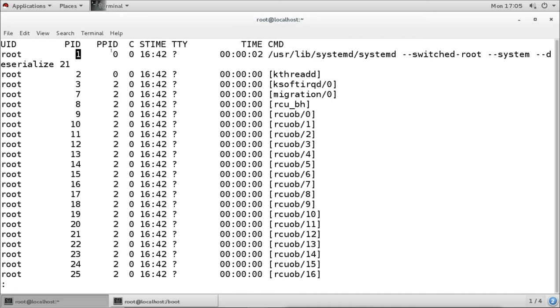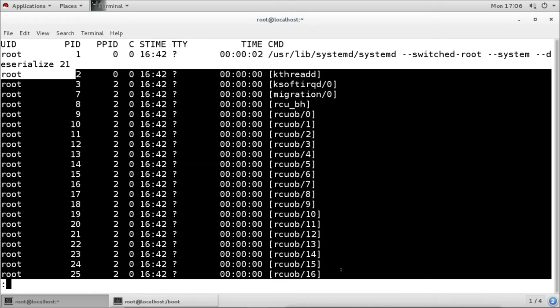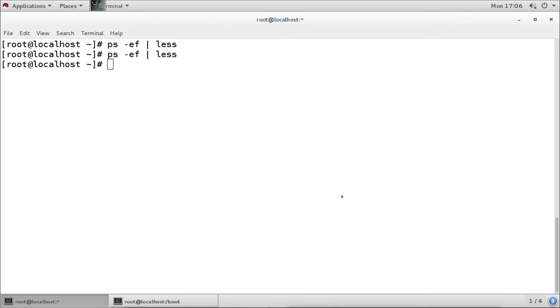Who executed the process is 0, and 0 means it is the kernel. The kernel executed this process, and the kernel also handles kernel threading and all the hardware related profiles. Then systemd's job is to initialize the system, and for initializing the system, systemd will do the following.